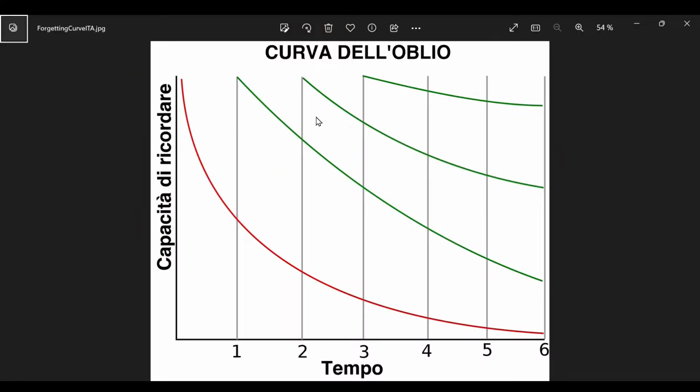Okay, this is the pic. Sorry that it's in Italian, but I couldn't find any English version of it. So yeah, we're gonna have to use this. So this side represents the retention, and the bottom represents the days, the time. So let's say this is day 0 right here, and you review the flashcard on day 0, and at first